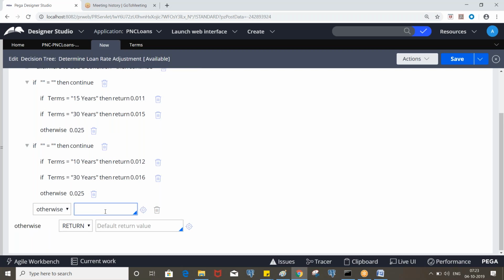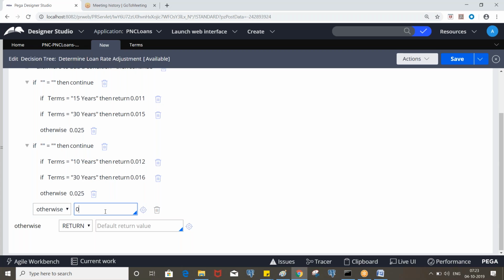Okay. Let's say put 0, but it will never come here, because we will make loan purpose mandatory. So the user must select either purchase or refinance. But for every condition, we need to specify otherwise.